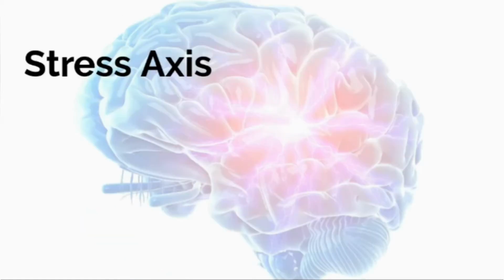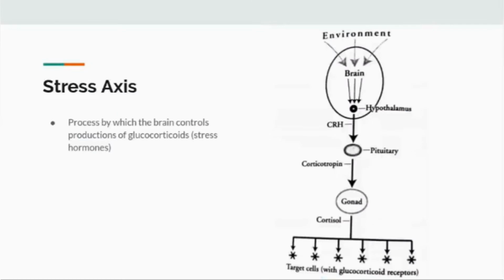As the center of four whole chapters, this book focuses a lot on the stress axis and how it's affected by epigenetics. The stress axis is a process by which the hypothalamus releases stress hormones called glucocorticoids, the most common of which is cortisol. Under stress, the hypothalamus releases corticotropin-releasing hormone, which is called CRH. This triggers the pituitary to release corticotropins, called CTs, which stimulate the adrenal gland to release glucocorticoids, which are stress